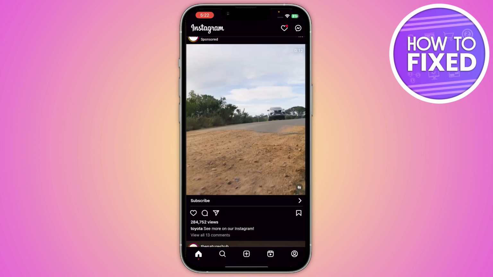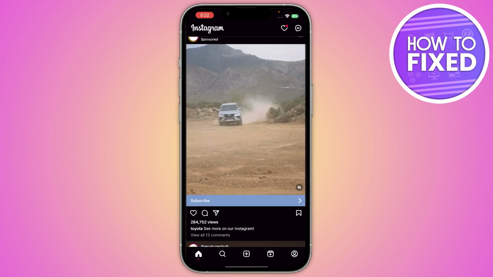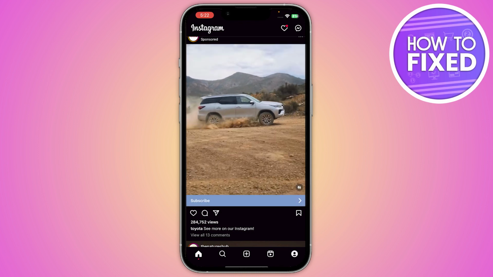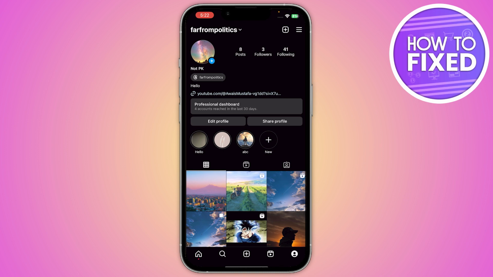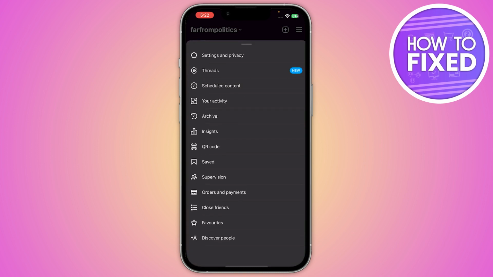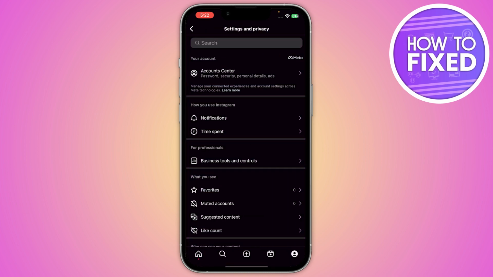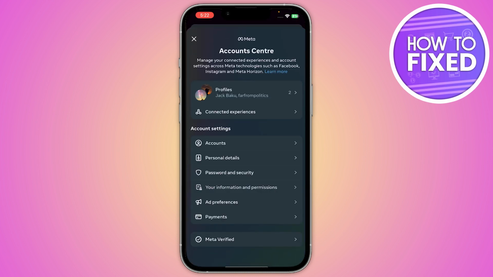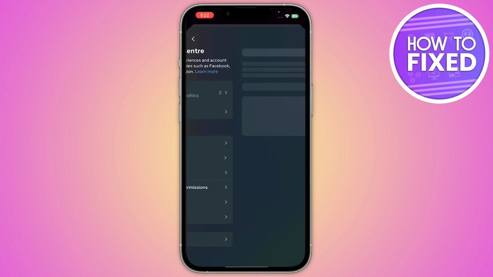Now once you're in your Instagram, here in the bottom right corner there is the option of your profile. You have to click on it, and from here you have to click on these three horizontal lines in the top right corner, and from here you have to go to Settings and Privacy. Now once you are in the Settings and Privacy of your Instagram, here you have to go to the Accounts Center that is at the top, and from here you just have to click on Personal Details, and